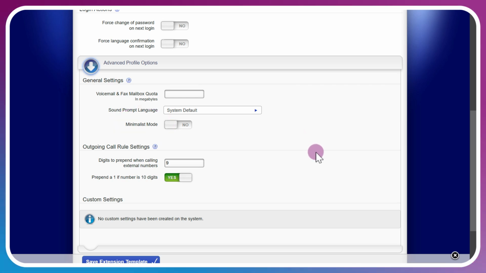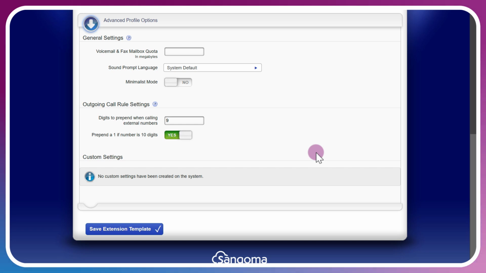So if you're thinking users would be heavy on mobile or in a bandwidth restrictive network, that would be an option to toggle on. Another area for outgoing call rules. This could change based on the switchbox that the user is on. If you've got a peered switchbox environment, this would have to correlate with your outgoing call rules as well, which we'll cover in another video. And a 1 can be prepended based on your outgoing call rules and your SIP trunk rules, depending on what your provider takes or what rules that you want to have enforced from the outbound call rules section of Switchvox.